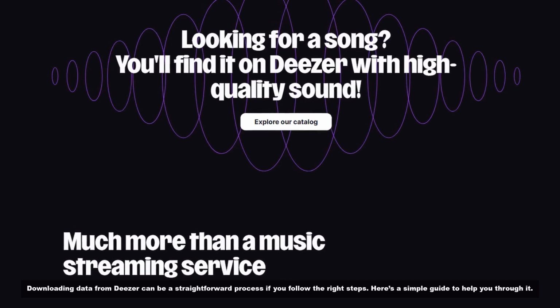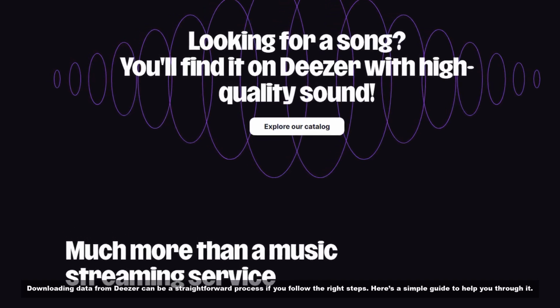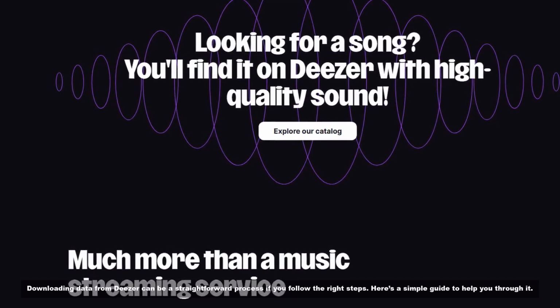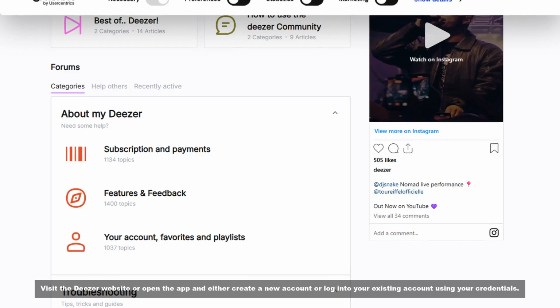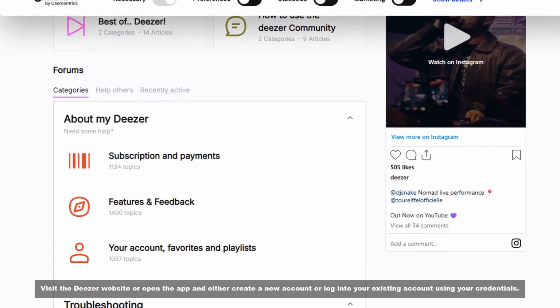Downloading data from Deezer can be a straightforward process if you follow the right steps. Here is a simple guide to help you through it. Step 1. Create or log into your Deezer account. Visit the Deezer website or open the app and either create a new account or log into your existing account